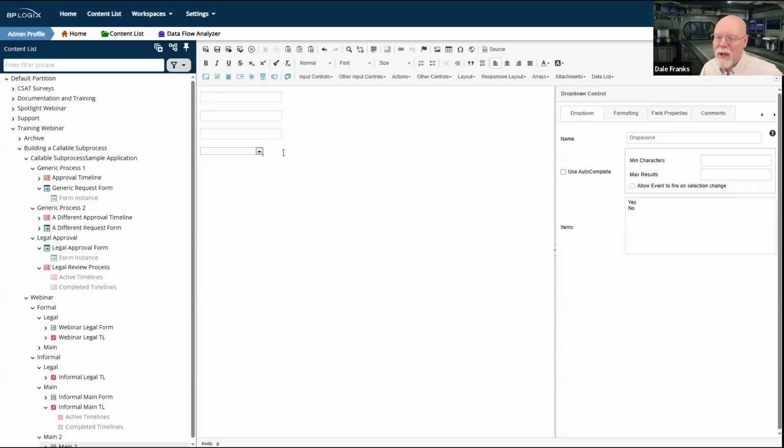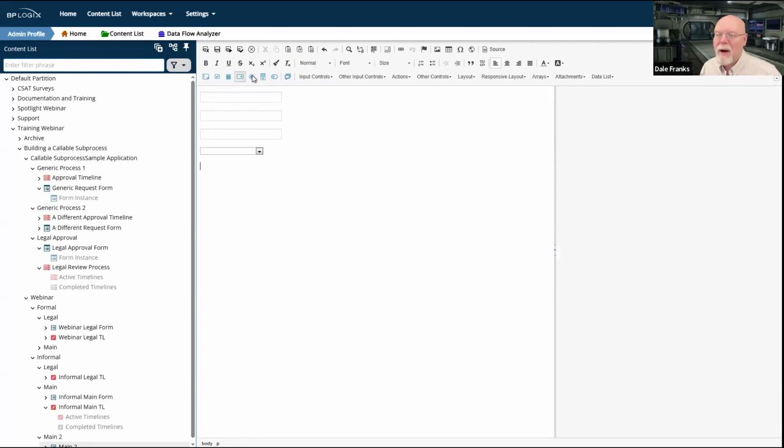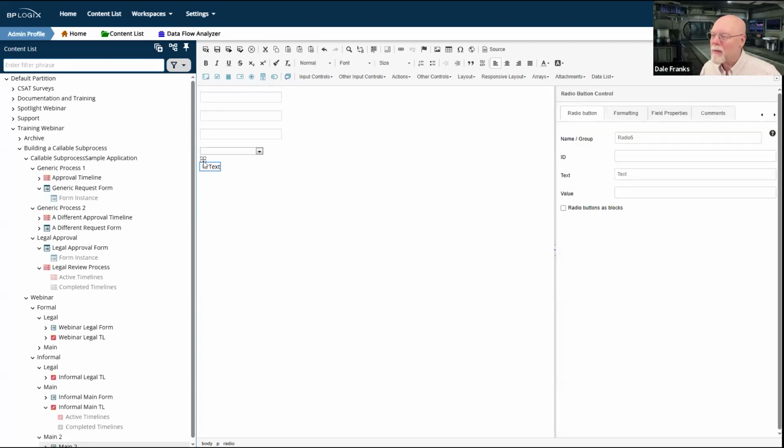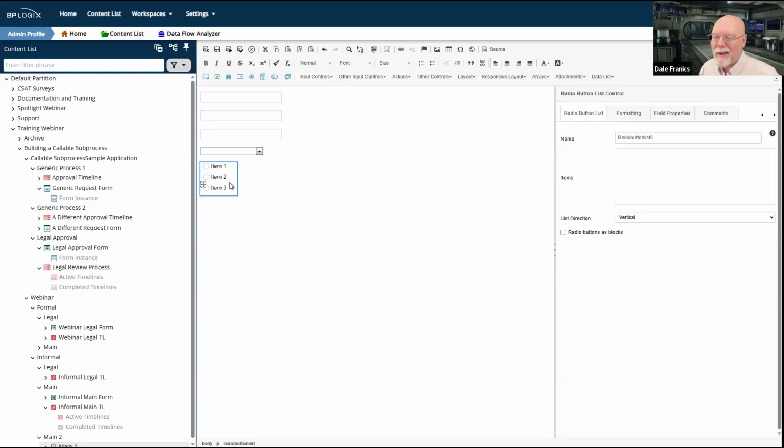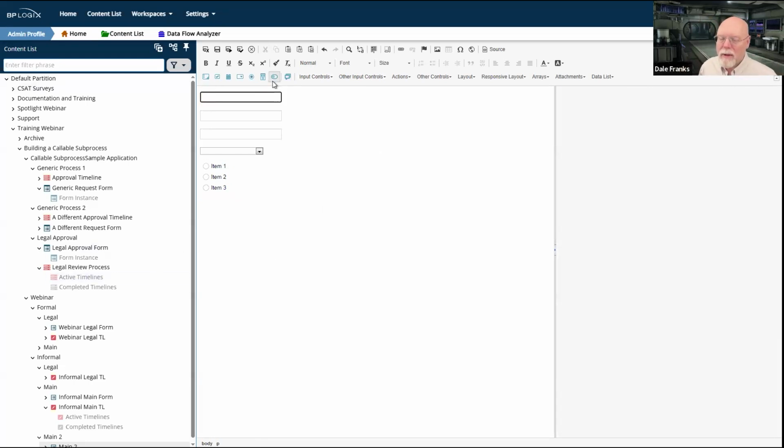So we'll give it a drop down item and let's throw in, I don't want to throw in a radio button control. I do not like radio button controls. I like radio button lists because they're list controls. And yeah, we'll let it run vertically. All right, so now I've got a new form. It's a different form. It's not the same main form.